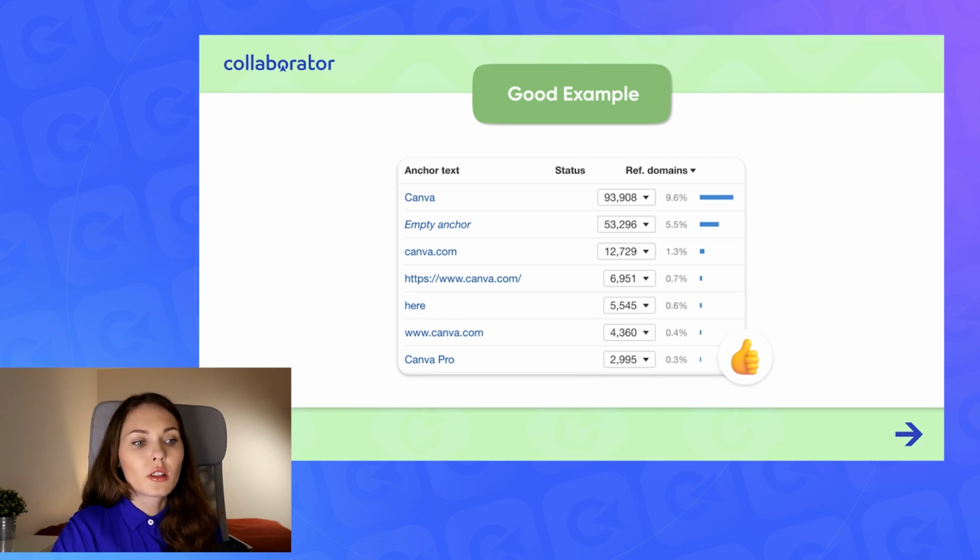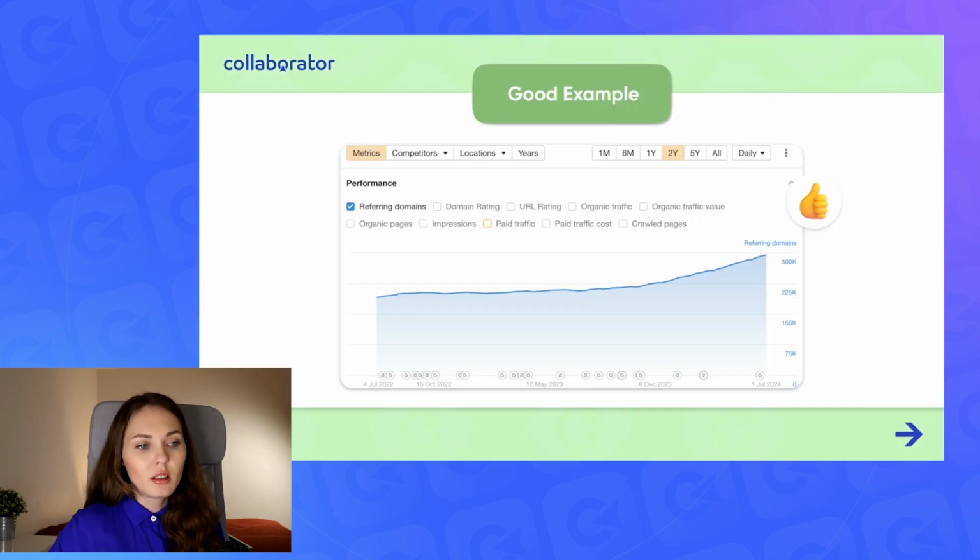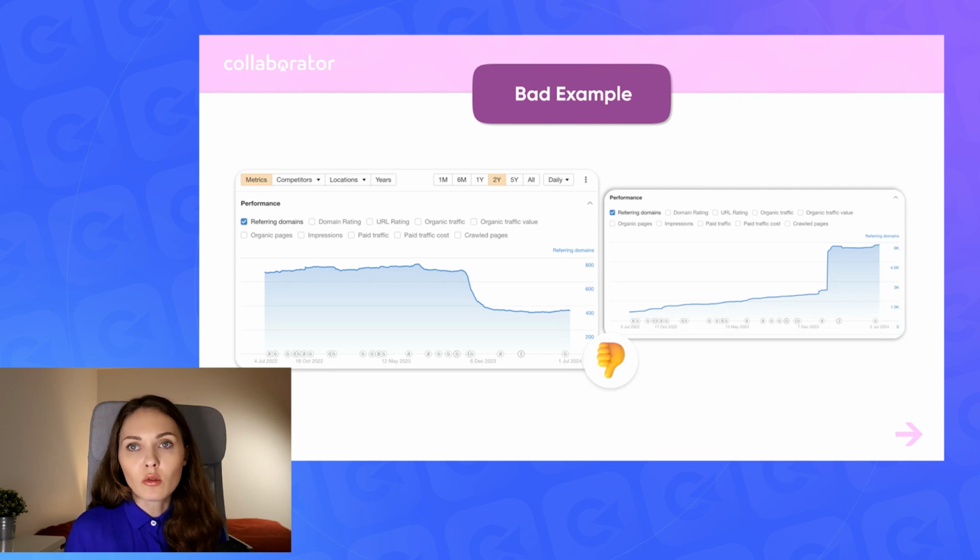Does the website have suspicious referring domain spikes? Let's take an example. This is a normal picture when a website gains referring domains in a natural way, step by step, without any suspicious spikes. And here you can see some manipulative techniques which a website can use just to gain and manipulate its authority for different purposes. So when you see this while analyzing your competitors, forget about these websites forever